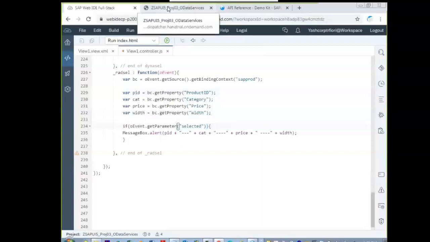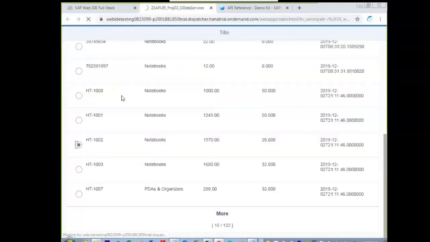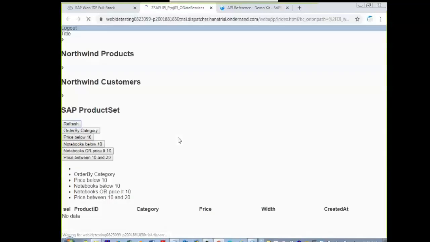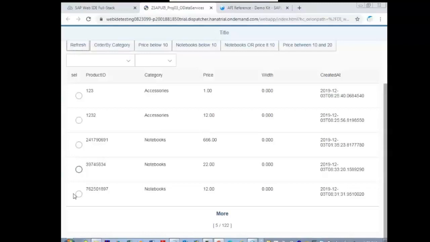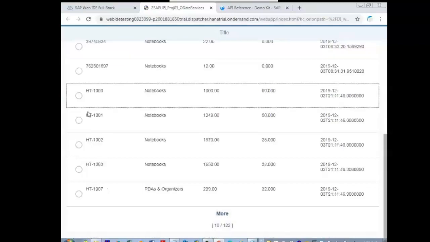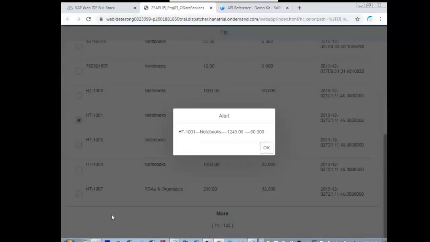Let us check whether the issue is fixed. ST1001.